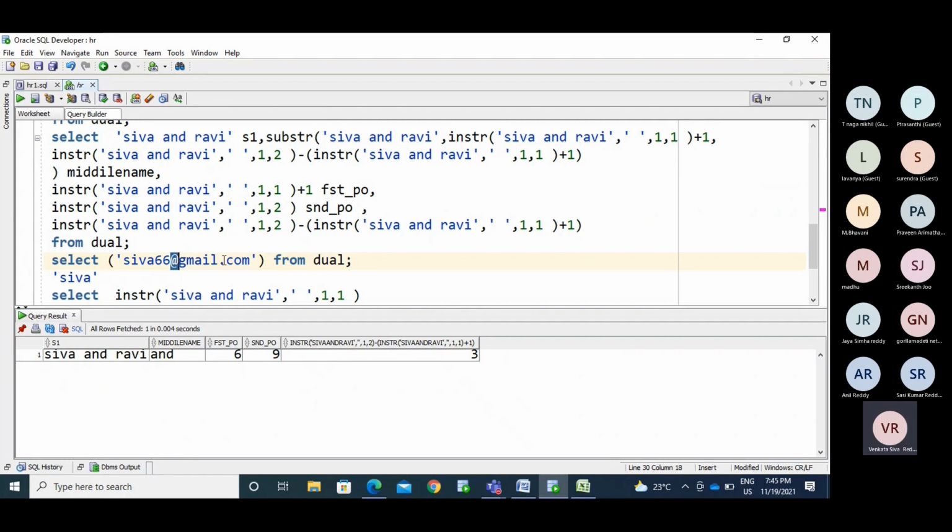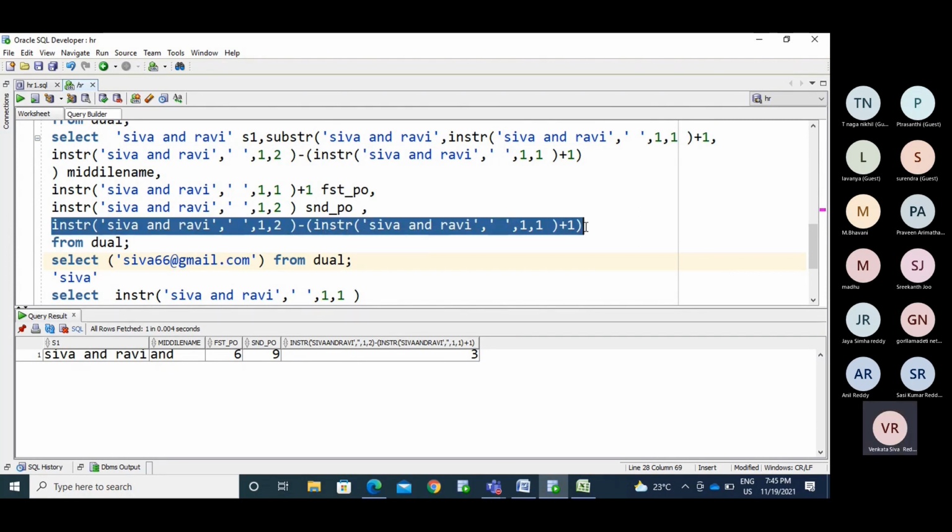Find out the .com position, and as we subtracted the first space from the second space, in between how many characters we have, that many you will get, so you get the domain name as well. Okay, you understand about these functions, right? Anyone having any doubt?